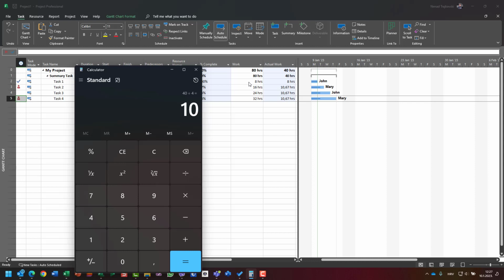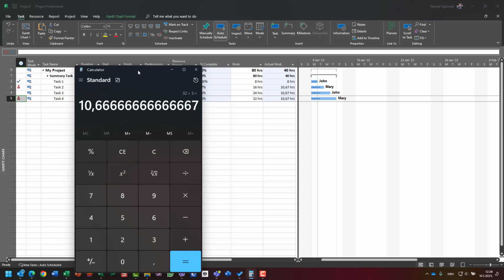Okay, but this task spent only 8. So we have 40 minus 8 available for task 2, task 3, and task 4, and we have the total number of tasks, which is 3: task 2, task 3, task 4. And if we divide it by 3, we will have that now each and every task has